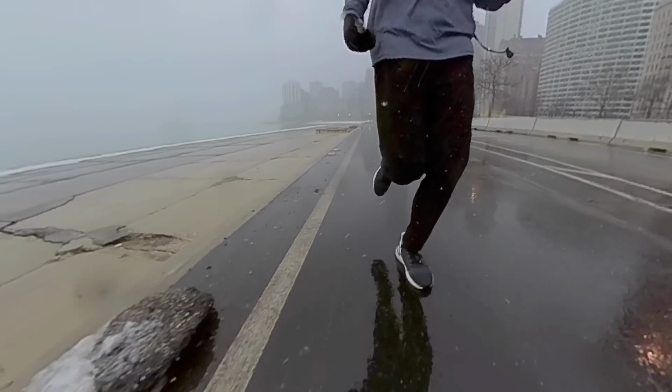11.12 miles, 9 minutes, 27 seconds per mile, 144 beats per minute on average today. Legs are definitely starting to feel some of the accumulated fatigue, ramping up the mileage here as I get ready for the next marathon. But with today's miles, I was able to take the Ultraboost 19 over the 100 mile